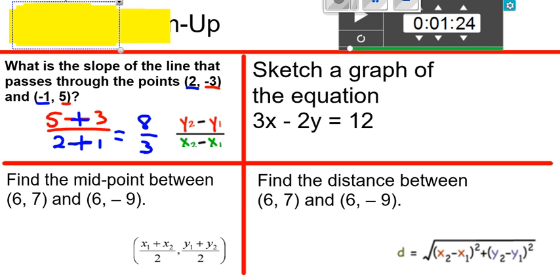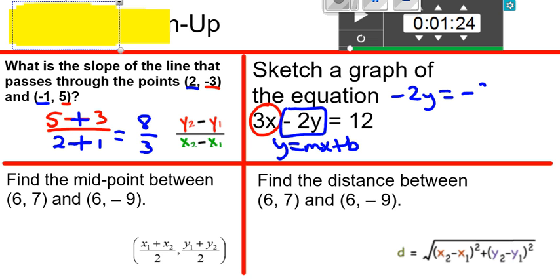Okay, sketch a graph of the equation. So you need that in the form of y equals mx plus b. So what you need to do is solve for y. All right, so I need to get rid of that 3x because I'm trying to isolate this y term right here. So when I subtract 3x from both sides, that's going to give me -2y equals -3x plus 12. And then I'm going to divide everything by -2. So that will give me y equals